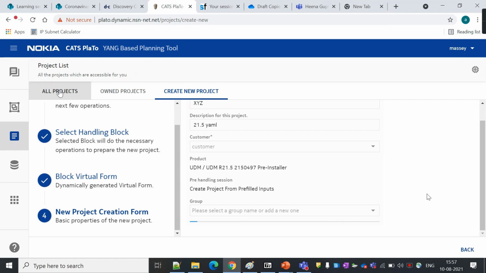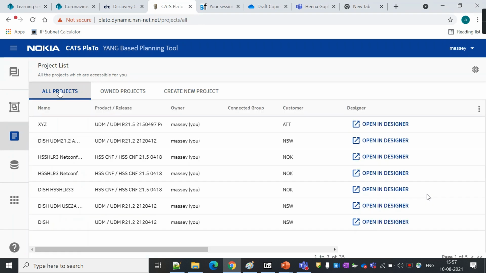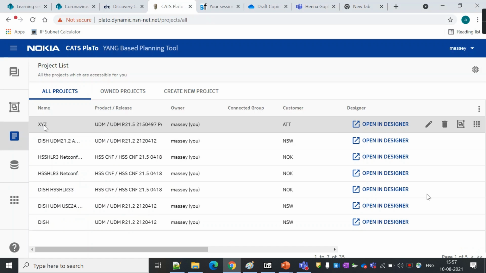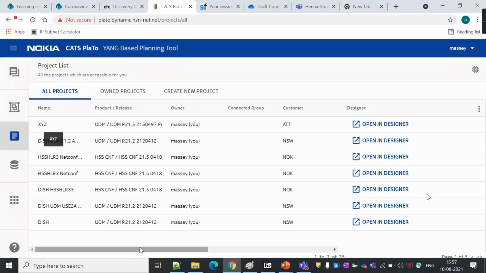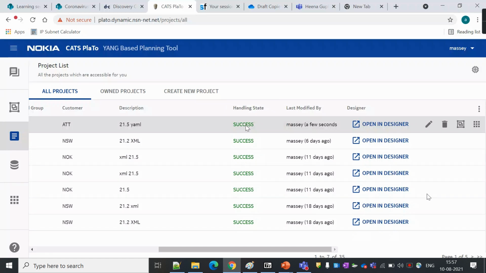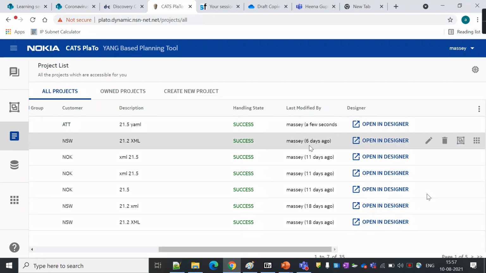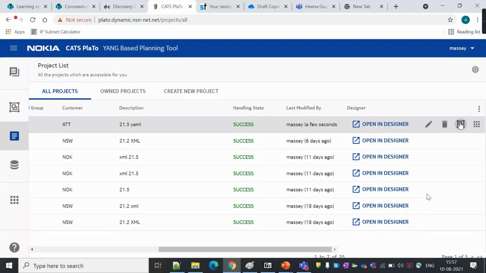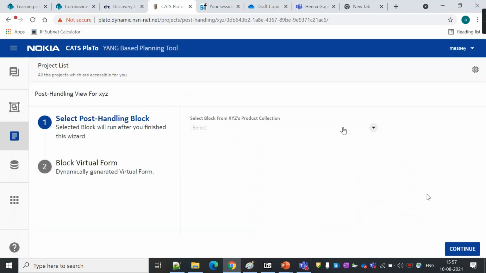I think here we have to go to all projects. Here you can see XYZ is coming on top of the window, and by dragging it to the right side, we can see it is success. That is the description which I mentioned, 21.5 YAML. So this is the template which is already created here. So we have to download it from this